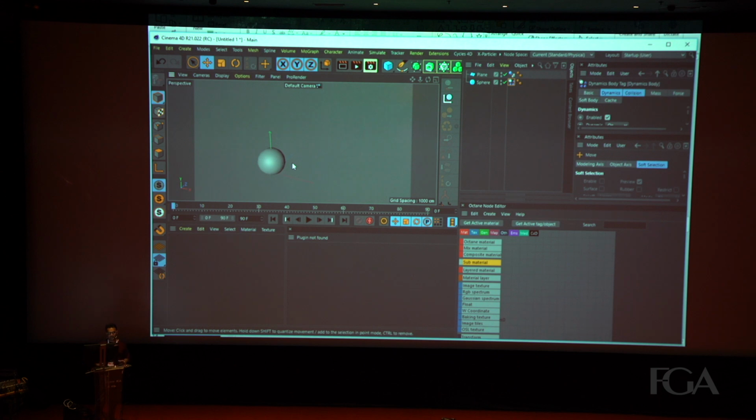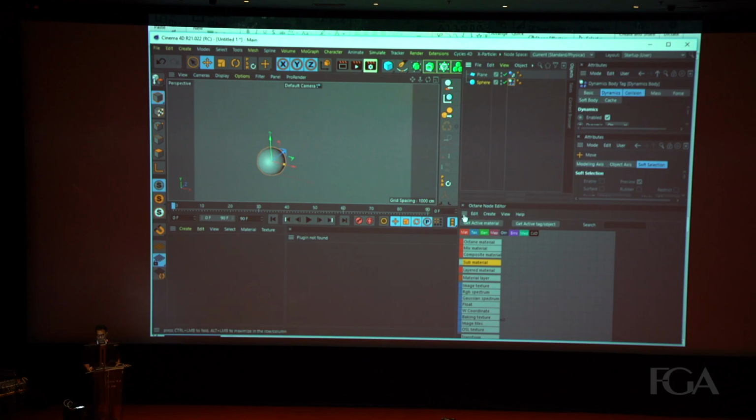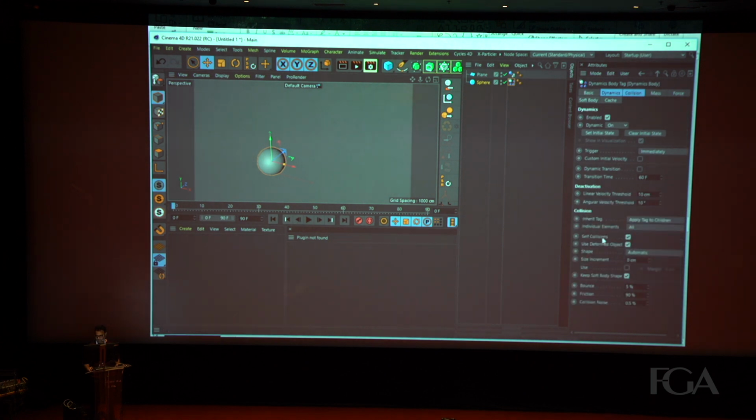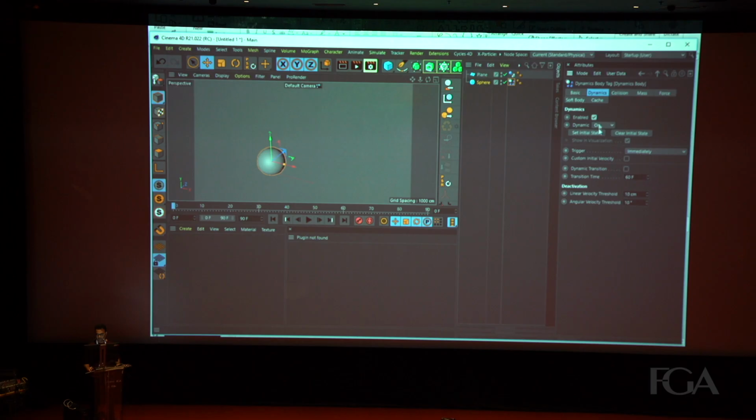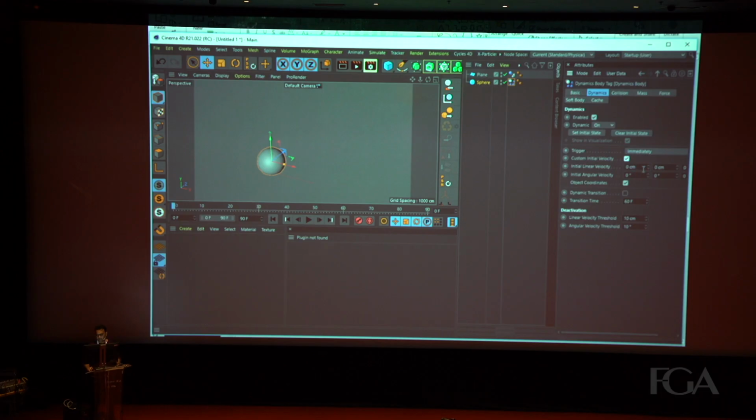In my scenario, I was trying to move it in one direction, but there was a challenge to change the direction of the sphere dynamically. So I came up with a solution. Let me just close this Octane. It's in the dynamic section. I'll click the custom initial velocity to give us some speed to move a ball in one direction. So for example, I'm putting a number 400 and see what will happen.